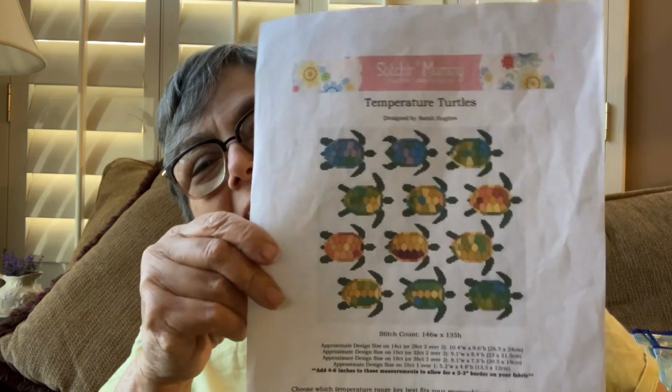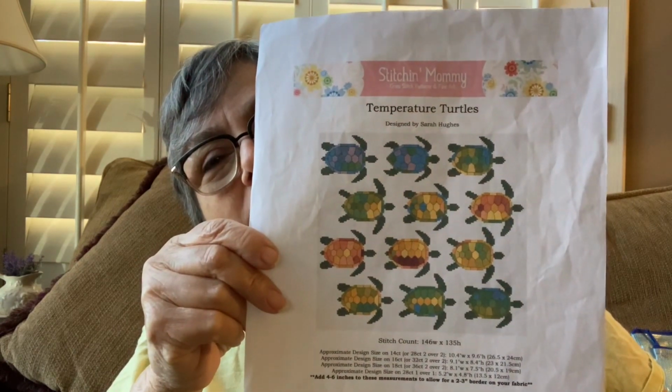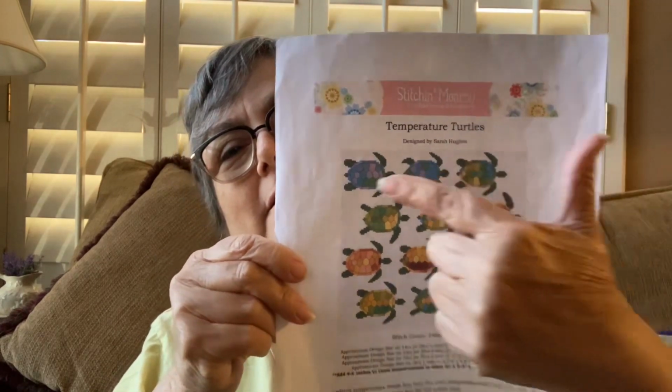You know, the WIPGO deadlines are a suggestion, and technically I could work on whatever I want, right? But when you're working on something for a gift, you kind of want to make sure you get it done on time. It doesn't happen. Okay. And then we have Stitchin' Mommy's Temperature Turtles, and of course I'm working on one of